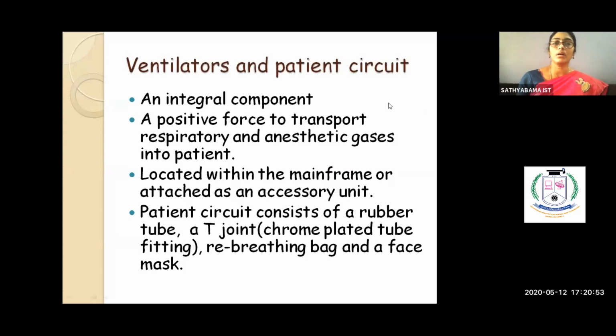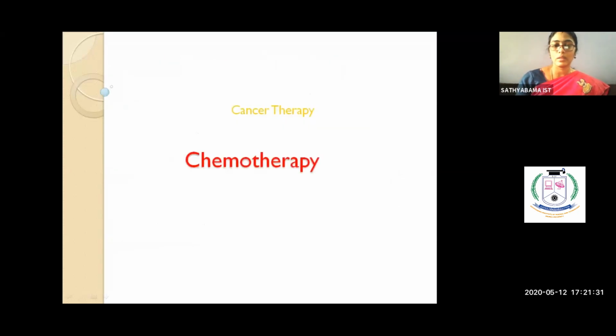And then we have a patient circuit. Patient circuit is nothing but the mask and the tube which is going to come out from the machine into the patient. As you can see, I'll have a tube which is going to come from there, right? A rebreathing bag, so you'll have that green color bag which will be there. Whatever is exhaled will be going over there, and a face mask. T-joint is something, I think with this corona we are all hearing of different types of ventilators being made and all that, right? So you'll have a T thing which will have two tubes coming out from here. So it will be a T-shaped structure. One tube for the inhalation, one for the expiration, right? So yeah, that's about my anesthesia machine, right?